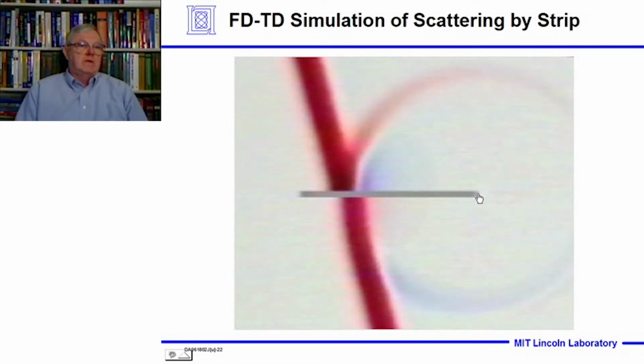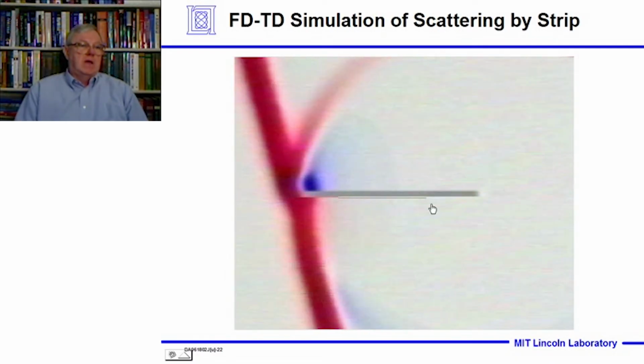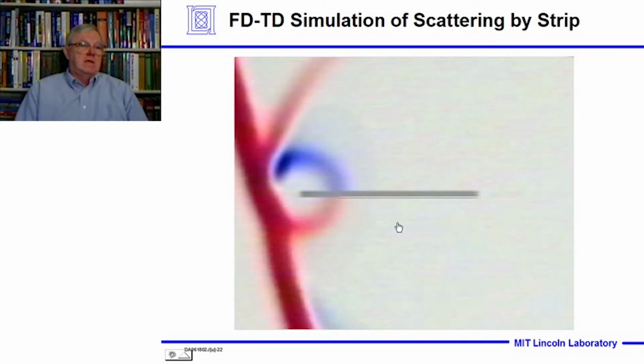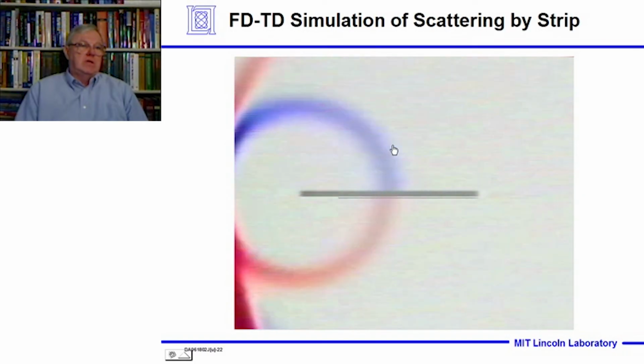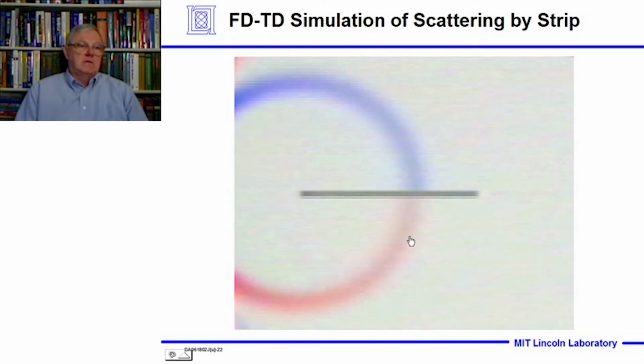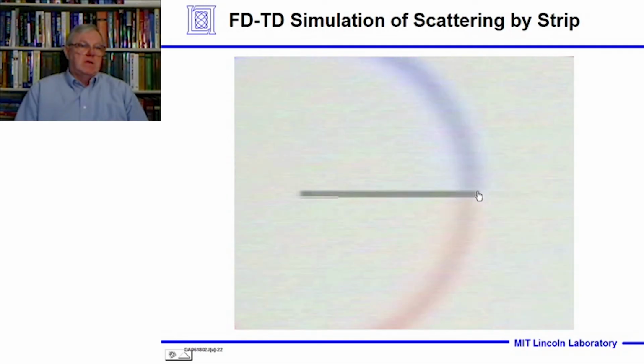You see a little bit of leading edge, and here we see behind the plate we see energy, and at the tip we see energy coming back to the radar. Interesting. So we see the electromagnetic energy does not stop by the barrier, it continues on, and that's diffraction around the